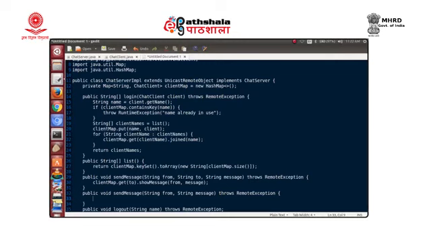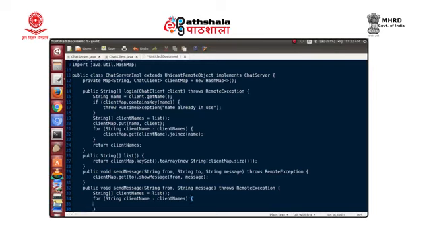So we can first get names, a string array, the entire list of all the clients. So we have the client names equal to, we have the list method, we get the list of all the clients, and then for each of them, each of the clients is going to be communicated. So we have the string for each client name in the client names.